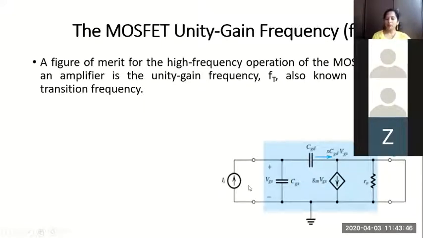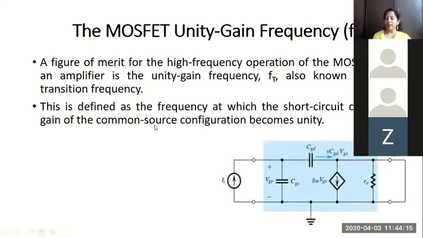As I was telling you, here we have considered that simplified model. From the simplified model, I am applying an input current II to this model, and I am short circuiting the output terminals. We call this the short circuit current gain. So what we now find is known as the short circuit current gain of the common source configuration. We want to show FT represents that frequency of operation when this short circuit current gain becomes 1.